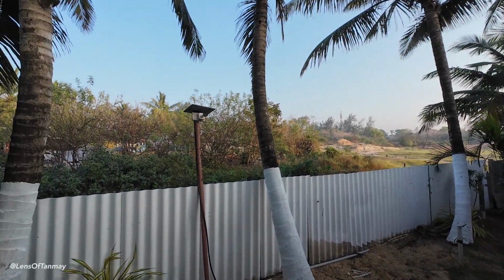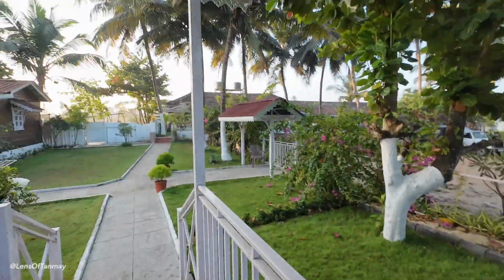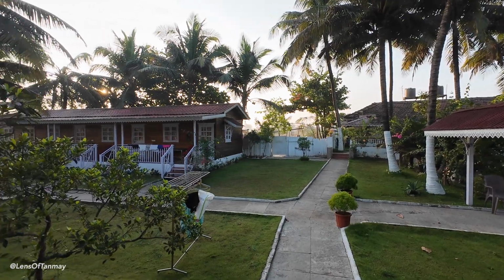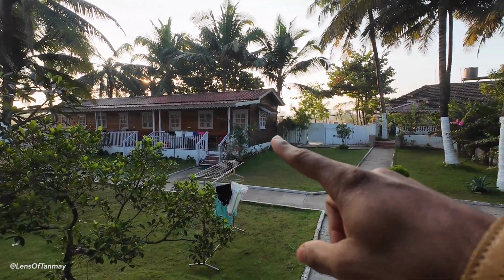And I heard a lot of birds around where I'm staying. So I'm staying in a shack near Colva beach basically, and it's called Anthy's Shack and Restaurant. So it's a fancy place, you can see, pretty cool aesthetics. And I'm staying in a cottage kind of like this one. So just to give you a quick tour,